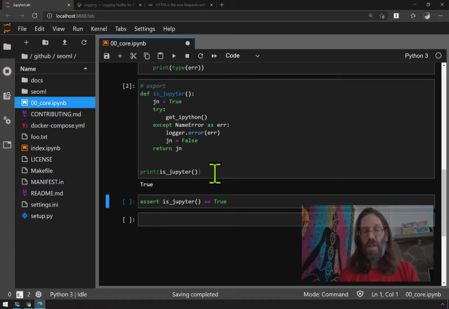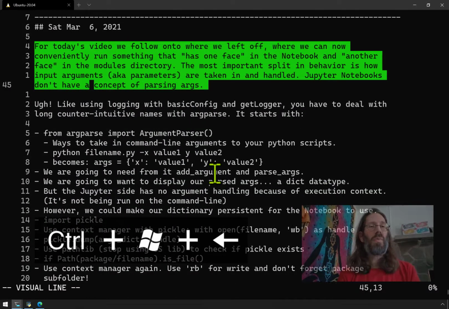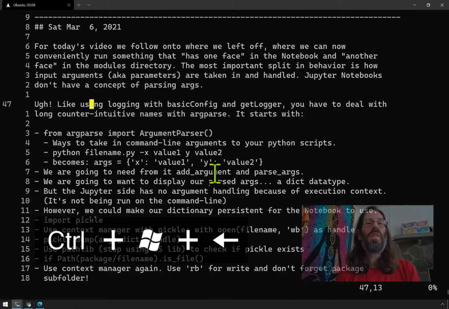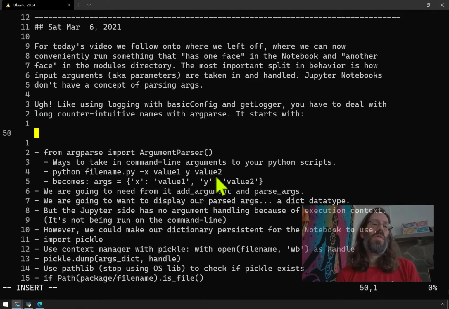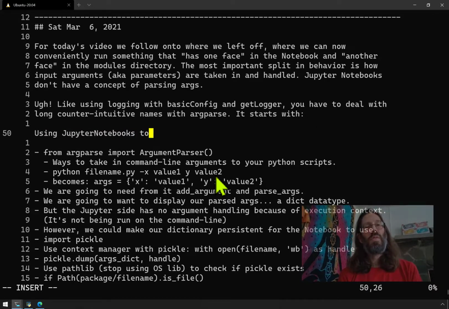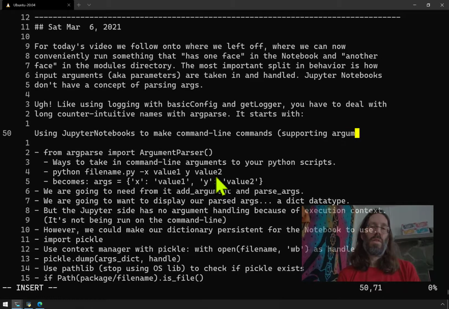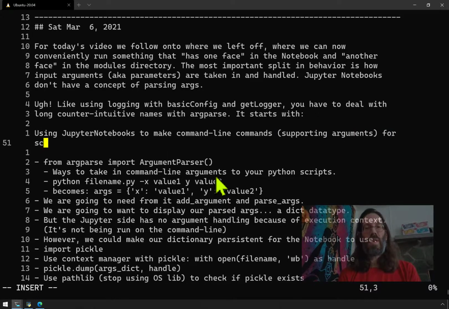So much of what this is about really is using Jupyter Notebooks to make command line arguments, command line commands, supporting arguments for scheduling,